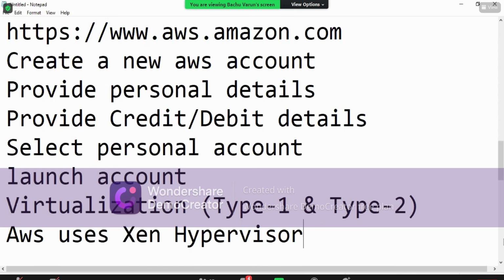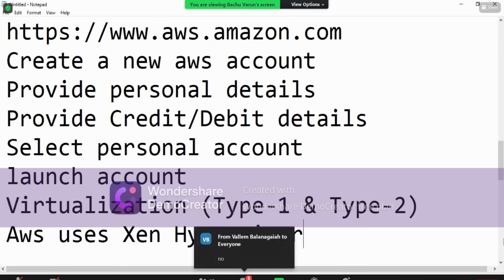Yes, Git Bash. Yes, we are going to use bash commands, so no need to worry. We'll definitely get it. So, Balnadia, are you aware of AWS? Or are you aware of Git Bash? Okay, nice. So no need to worry. So you're a DevOps person, or you're into development.